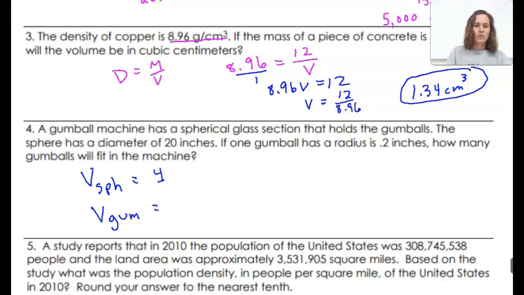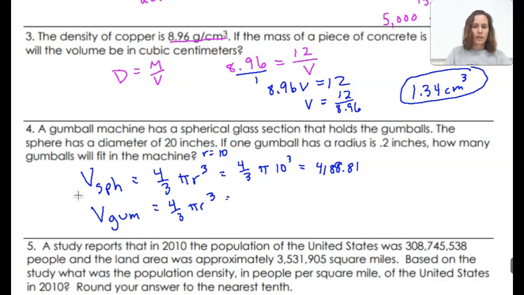So the sphere would be 4/3 pi r cubed, and the volume of the gumball sphere, again, is 4/3 pi r cubed. And now we plug in the actual value, so you'd get 4/3 pi. Well, the diameter of the larger sphere is 20, so that would give us a radius of 10, so it'd be 10 cubed. And when you plug that into your calculator, you would get 4,188.81. Now, if you do the volume of the gumball, the radius for that is 0.2 inches. And then we have to cube that. When you plug all that in, you would get 0.03